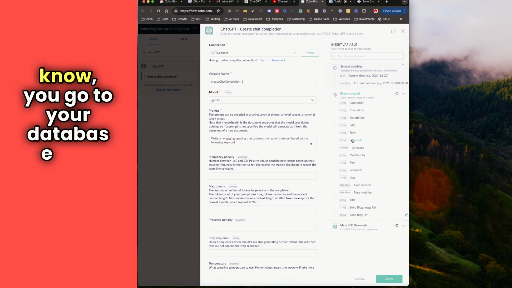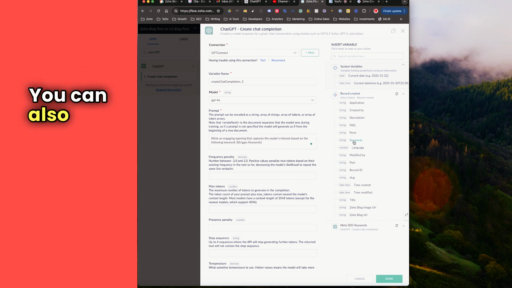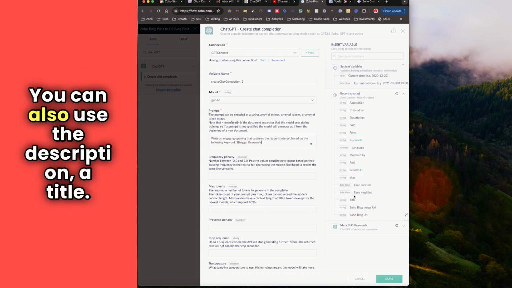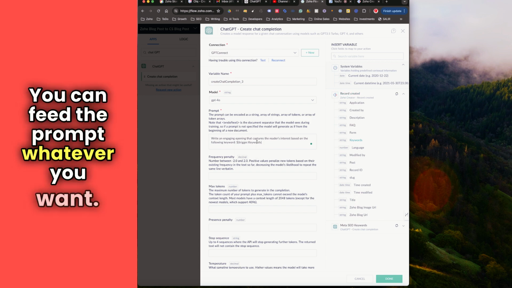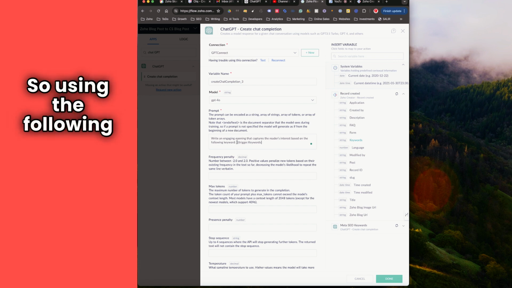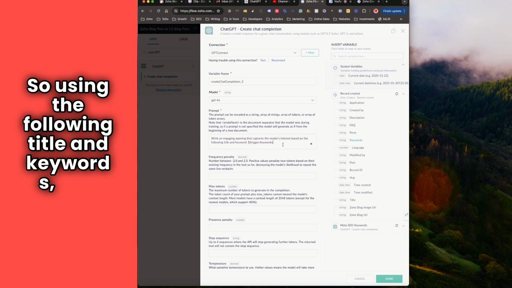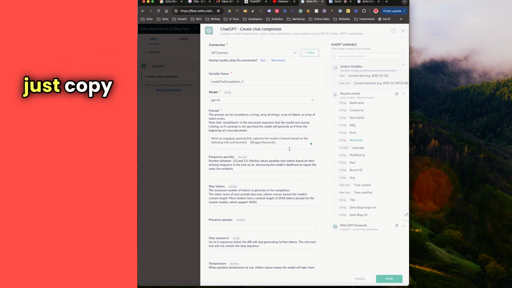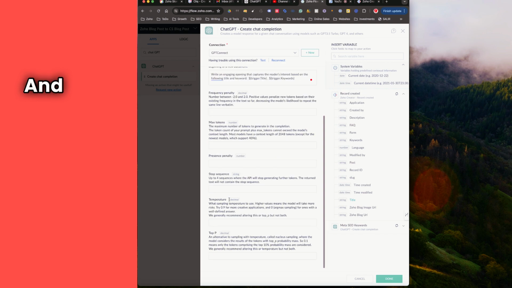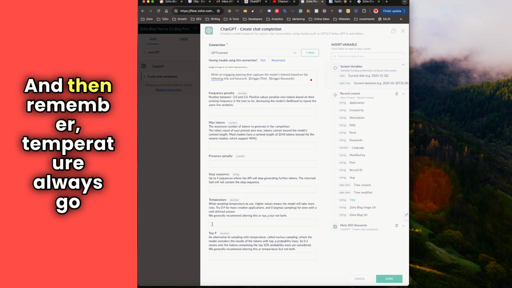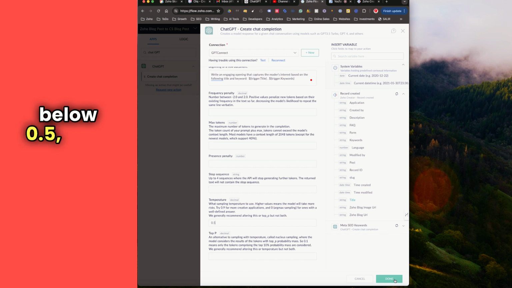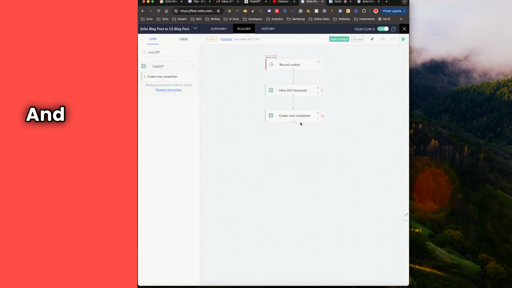like assuming that a keyword is all you have. You go to your database and grab the keywords. You can also use the description, a title. You can feed the prompt whatever you want. So using the following title and keywords, and then we just copy the title, comma, and then the keywords. And then remember, temperature always go below 0.5, then click done. And now